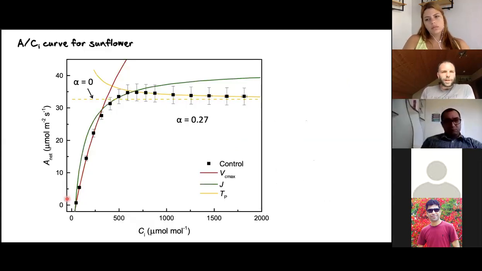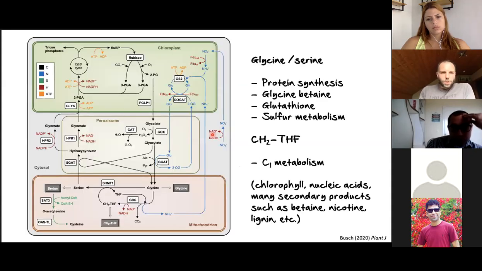I've taken sunflower plants, and I've measured an A-Ci curve, so a CO2 response of the assimilation rate. And you can fit this model here, the solid straight line, to the data, and you come out with this value alpha, which tells us that 27% of the photorespiratory carbon is actually diverted away from the photorespiratory pathway. So 27% of the carbon coming down here is not being returned into the Calvin-Benson cycle, but leaves as serine,